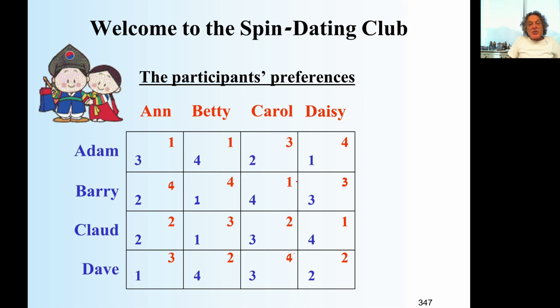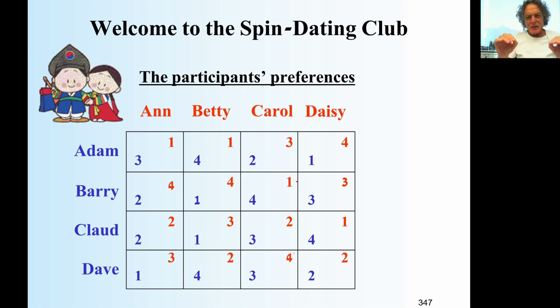So what is a stable matching? A matching which is not unstable, one that doesn't have the phenomenon that there is at least one boy and one girl who were not matched to each other, but prefer each other to what they got. This is bad. So a stable matching is one that doesn't have that bad phenomenon.